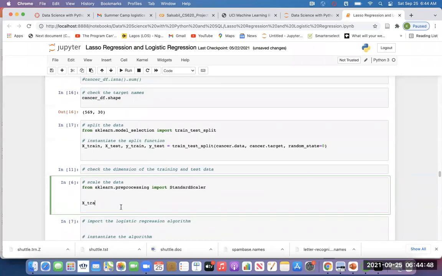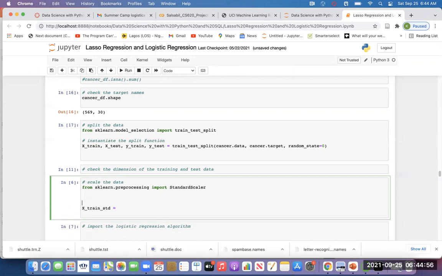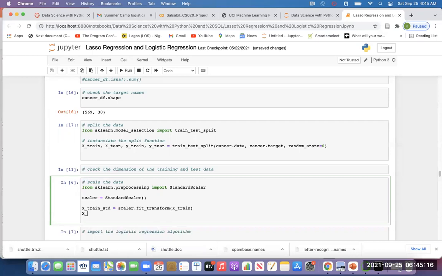Okay, so X_train_std, let's use that for the scaled one. But we have to create an instance of the scaler. Let's call that scaler, and call the StandardScaler. After creating an instance, we use that to fit and transform the X train. And for the X test,